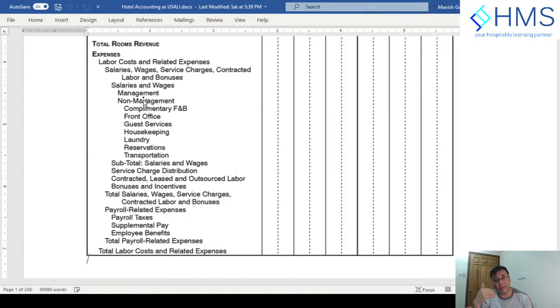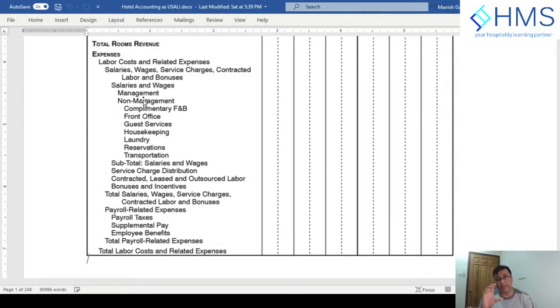After that, you have a separate section for payroll benefit and payroll expenses, which covers payroll taxes, usually for expatriate staff. Then you have supplemental pay in case you are paying anything extra, overtime or other things. And then you have employee benefits. Supplemental pay may include incentives as well. Employee benefits are usually the non-cash benefits which are paid to the employees, or sometimes cash allowances for meal, for ferry, for housing and other things. We're going to be learning in more detail what is covered in those sections. And then the total labor cost is arrived at.